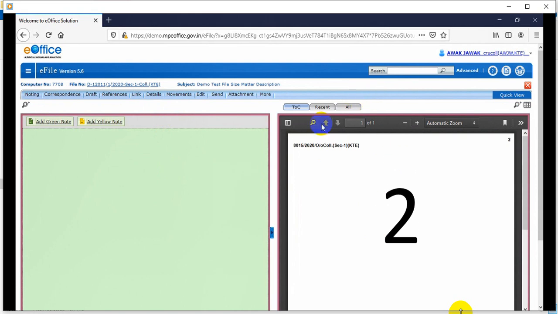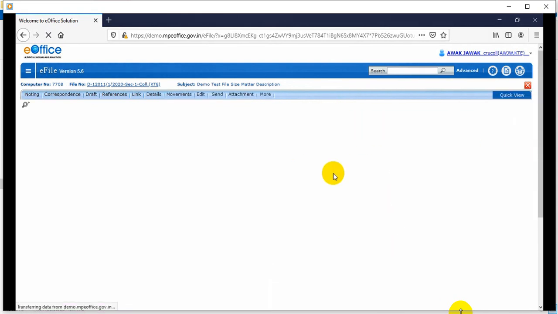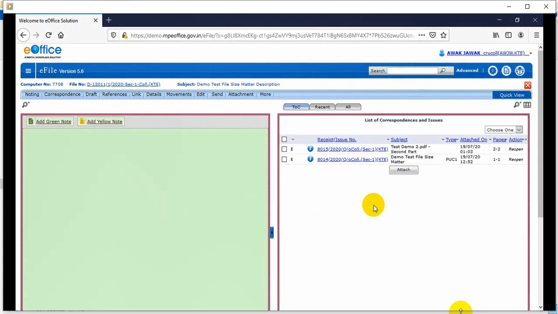Come to table of contents, TOC, and click on it. Here in TOC, notice attentively what is here. It now has two attachments that we attached. Subjects of both are showing. Important is to see the date and time, which I was mentioning. First see the order. The receipt which is attached earlier will show below, like here below, 1.pdf related, and the receipt received last will be on top.